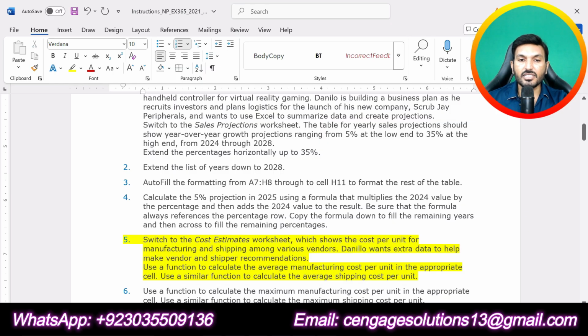Step number 5 is saying switch to the cost estimate worksheet, which shows the cost per unit for manufacturing and shipping among various vendors. Delino wants extra data to help make vendor and shipper recommendations. Use a function to calculate the average manufacturing cost per unit. In the appropriate cell, use a similar function to calculate the average shipping cost per unit. So first of all,